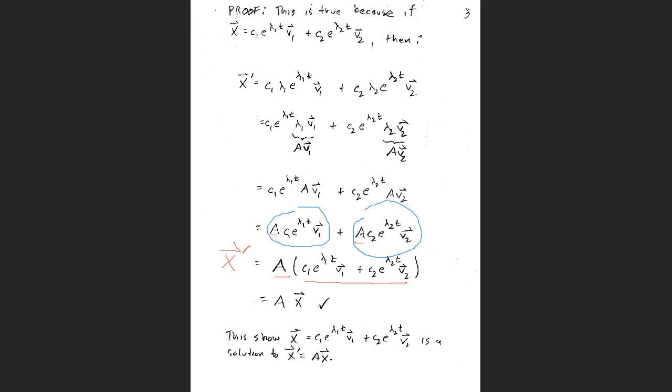But what is that vector? This vector here is just the x vector. So with this choice of what I think is a solution, it works out because with that choice, we end up getting that x prime, the derivative of x, is equal to the matrix A times the vector x. And therefore, this shows